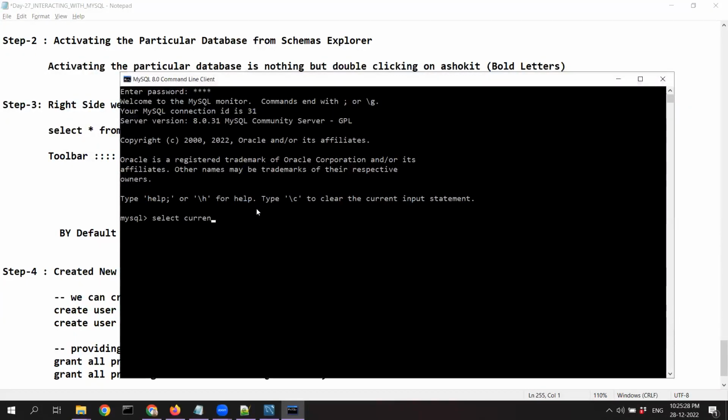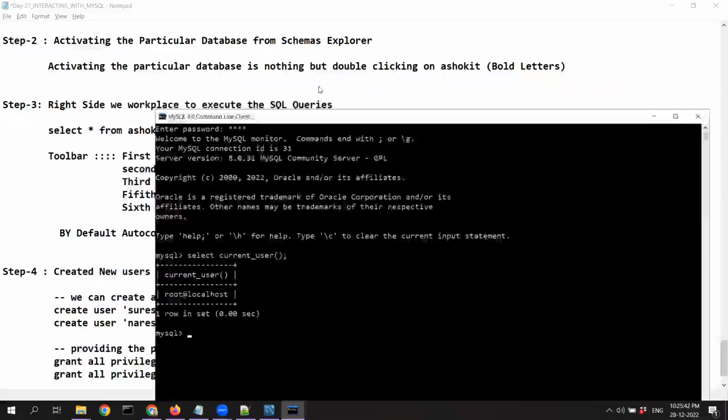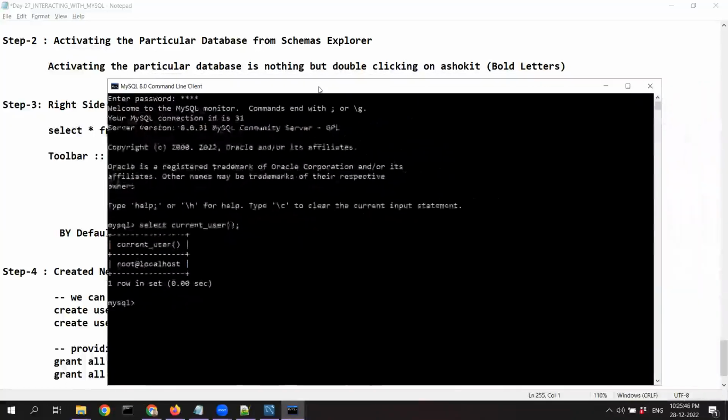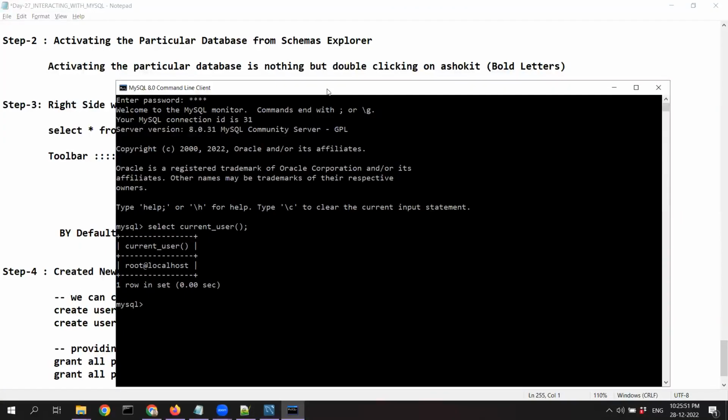Select current underscore user function. See, it is connected to the root account. Is there a way to connect to another user account through this prompt? No, we do not have an option to get into another user account from this prompt. If you want to connect to the user accounts, it is not possible through this prompt. If you want to do that, what you need to do here